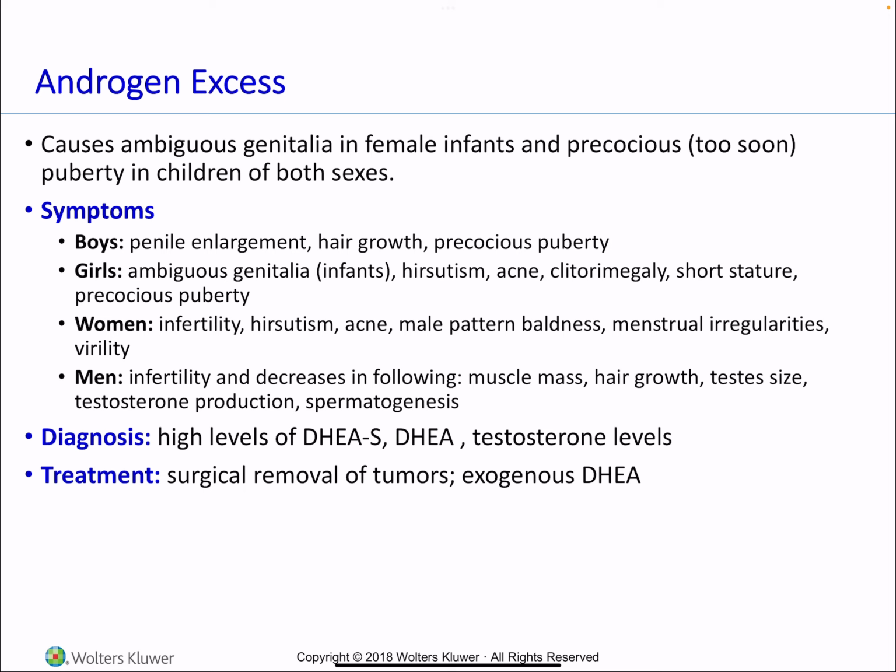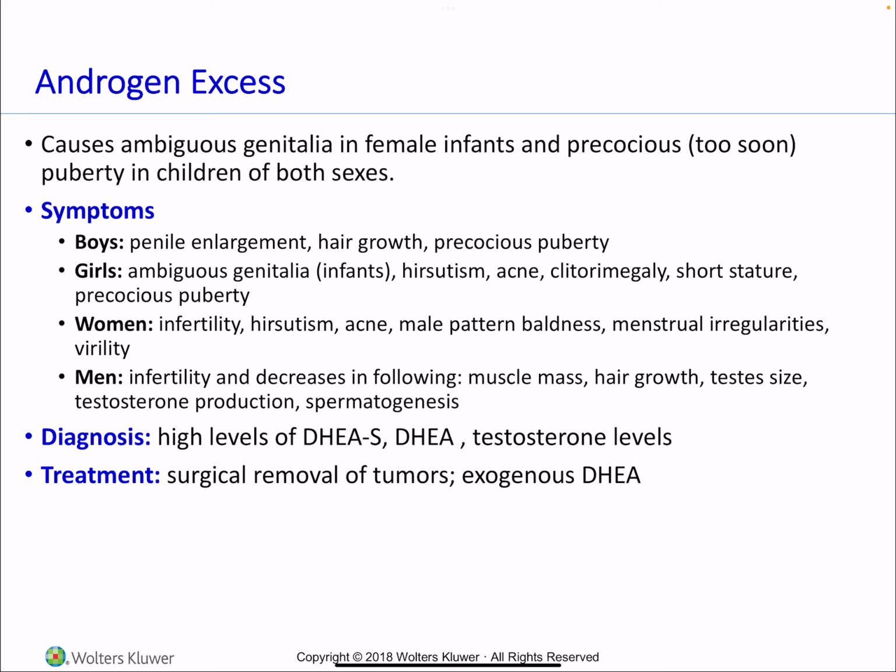And precocious puberty is when a child's body begins changing into that of an adult, which is the process of puberty, but this is happening too soon. The process of puberty is basically happening way too early. Some of the symptoms of androgen excess in boys can be presented as penile enlargement, hair growth, and precocious puberty. And in girls, again, the ambiguous genitalia that's usually seen as they are infants,